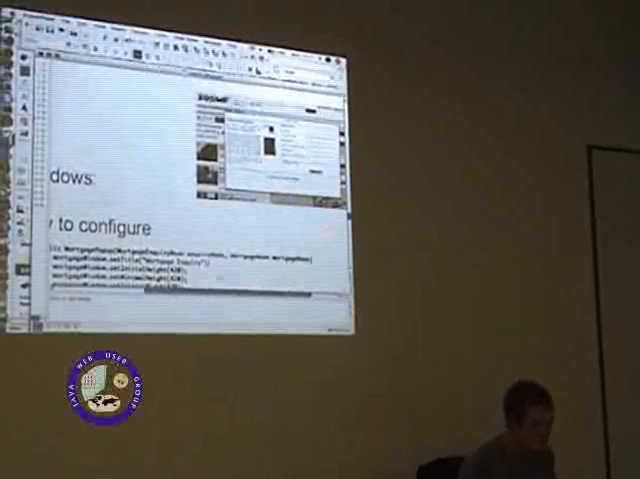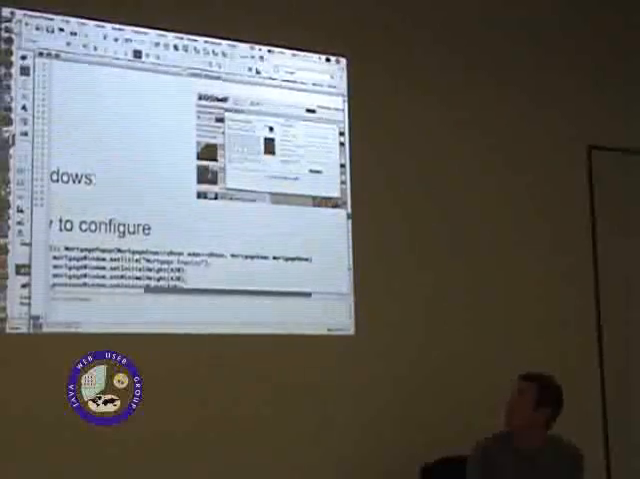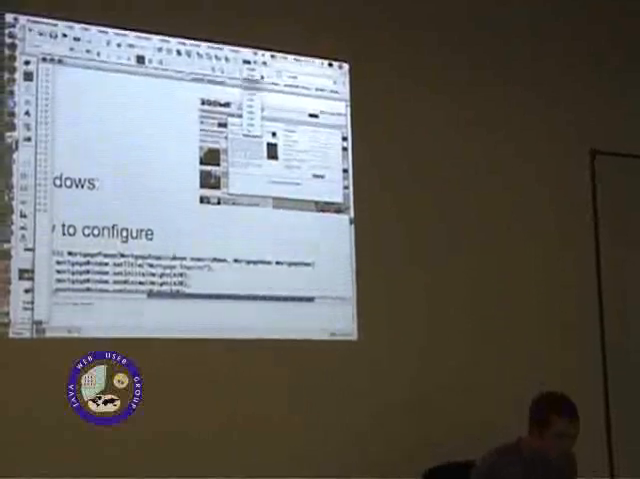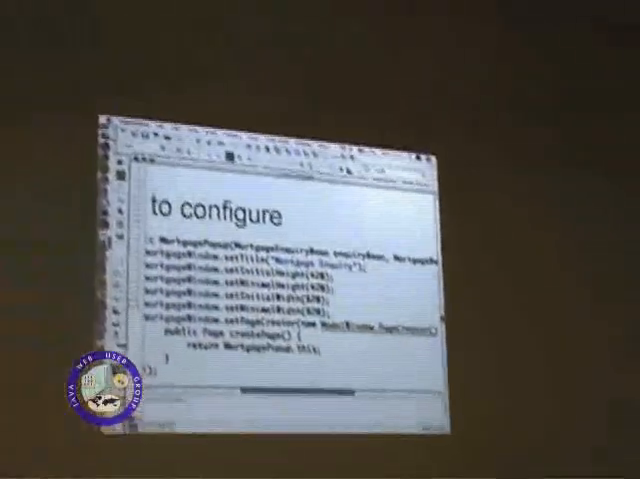But this is quite neat because as you can see from the picture, very small picture, sorry, I'll try and make it a bit bigger, from the screenshot that you can see,